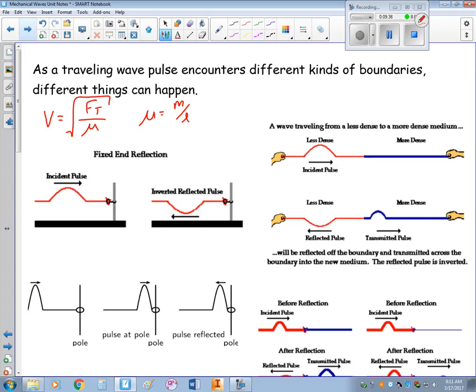So by using these 3 numbers, how much force is there, what's the tension force in the string, the mass of the string, and the length of the string, we can then calculate how fast a wave on that string would go. And we can also apply this then to our math, wavelength times frequency. And notice then, if I plug in some values here,